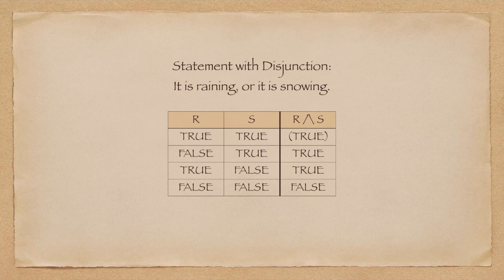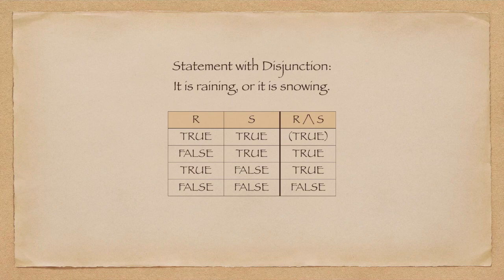Notice that the first line in the conclusion column, the true is in parentheses. And really that's because if both parts of a disjunctional statement are true, we wouldn't normally use a disjunction, we would use a conjunction. Think about it like this. If I go to the window and I say it is raining or it is snowing, and you go to the window and you see that both are true, you're probably going to say, yeah, it's raining and it's snowing. You're not going to repeat it's raining or it's snowing. That would leave some doubt as to whether or not it's doing both.